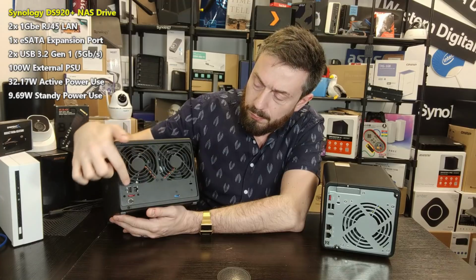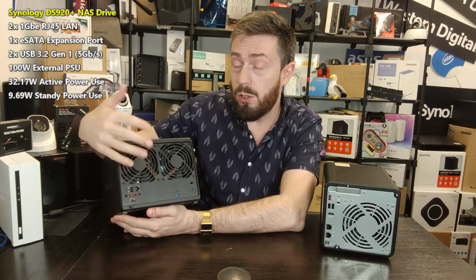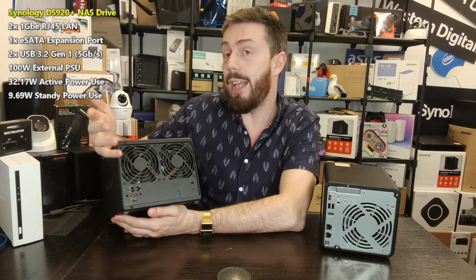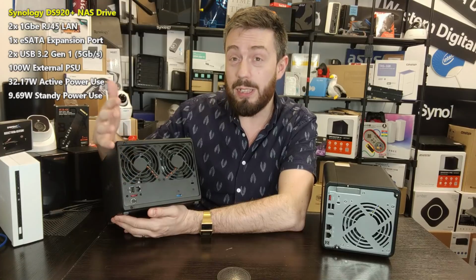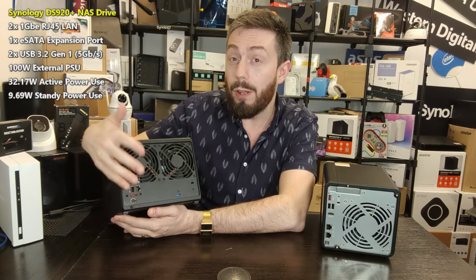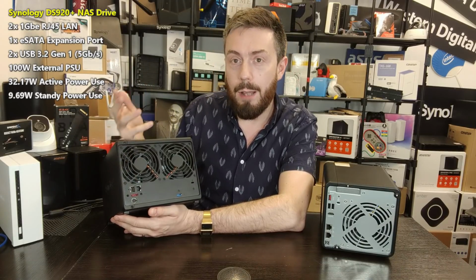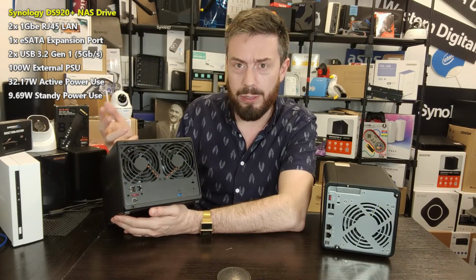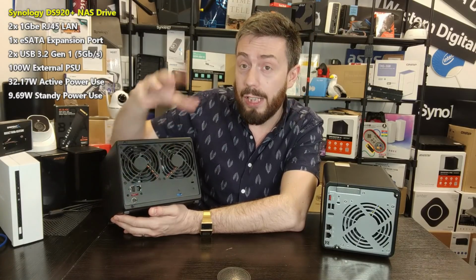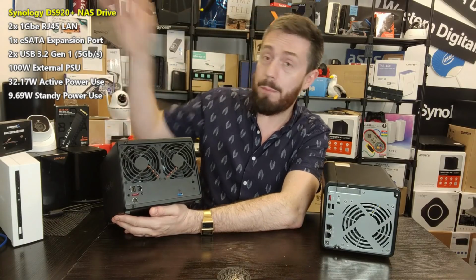But on top of that, 2.5 gigabit Ethernet, even in 2020, was starting to be implemented on routers and in a lot of switches, and indeed, we're seeing now in 2021 and 2022 that some ISPs, internet service providers, are arriving with 2.5 gigabit Ethernet on their routers, which have greater than gigabit internet speeds in some places as well. The result is that this NAS, without the use of LAG, because you do have the option of link aggregation trunking those ports, has the potential to be slower than a remote cloud,